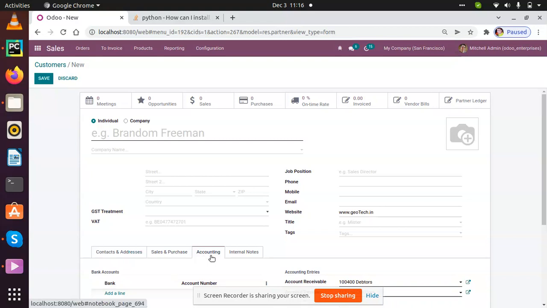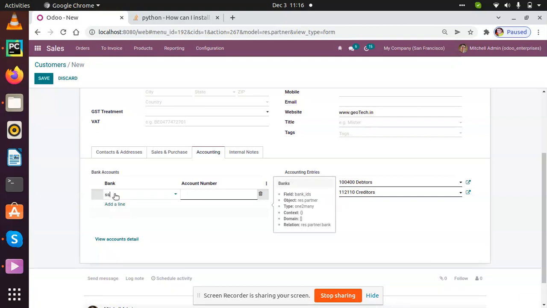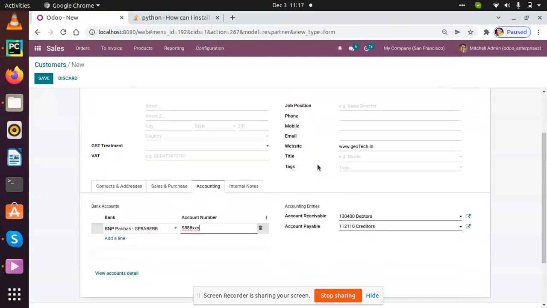Now next, move on to the accounting section. So I will see the bank name and account name. If you want to go with the right bank name, then you create it, and whatever bank name, that will be put here. And that will be the account number, whatever account number you can put in. And account receivables, like debtors, and that will be created. Credit, whatever amount creates your account, and the debit, whatever debit your accounts. So these are all the fields.